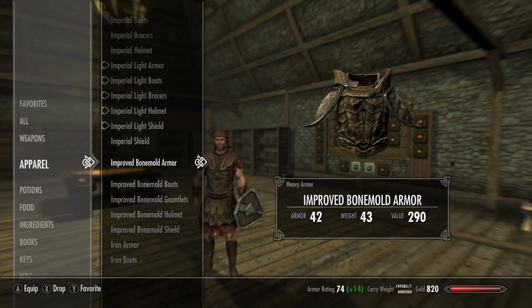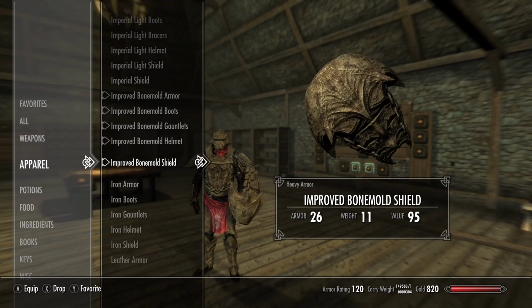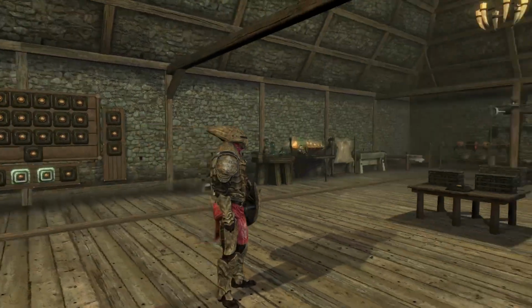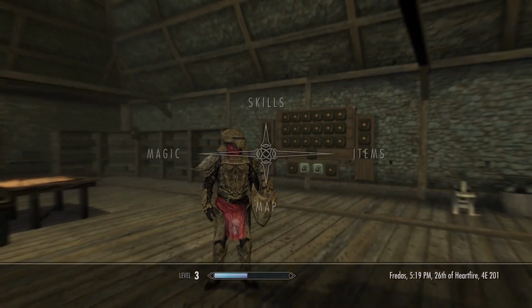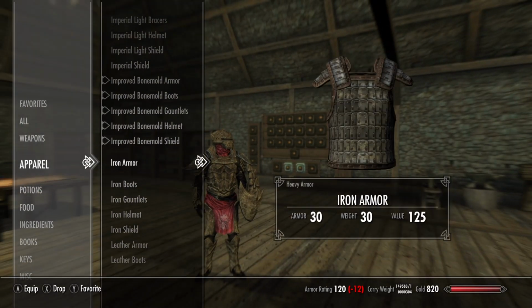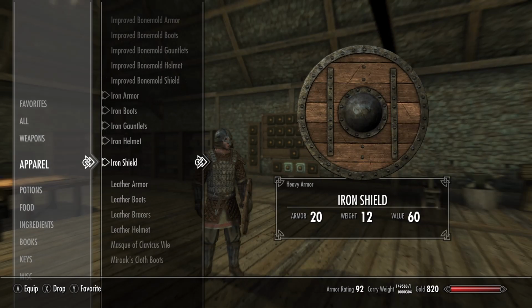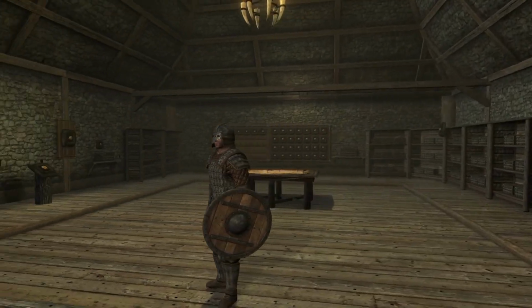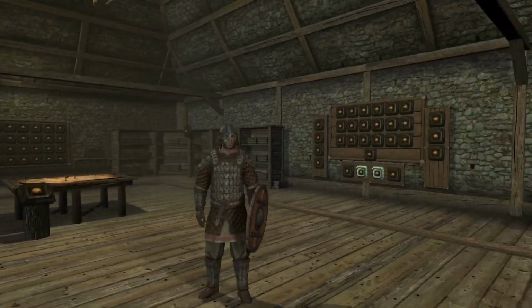Alright, so we're going to look at the improved bone mold for just a second. There's really not much to see. It's like the other bone mold that we looked at. Okay, we're going to move on. Trying to keep this moving. So here is the iron. It's very similar to the banded iron we looked at earlier. It looks good, but